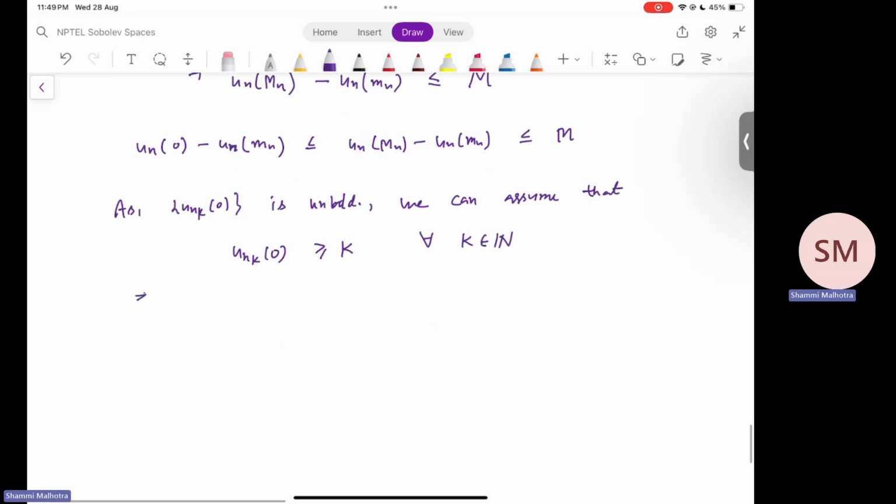And ultimately this gives us that this u_n(m_n), so the minimum point, is actually greater than or equal to u_{n_k}(m_{n_k}). So it's also k here, so that's not k, but yeah, that can be avoided. So u_{n_k}(m_{n_k}) is actually greater than or equal to